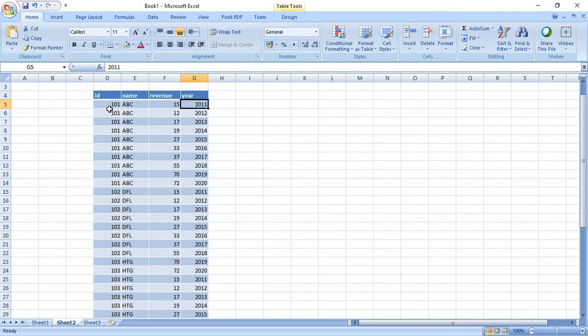Now we want to know the last year's revenue generated by the ABC company and the next year's revenue. First of all we'll see the last year's revenue, so I will name it previous revenue.